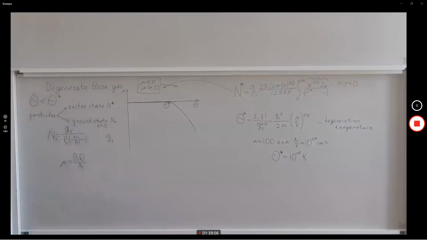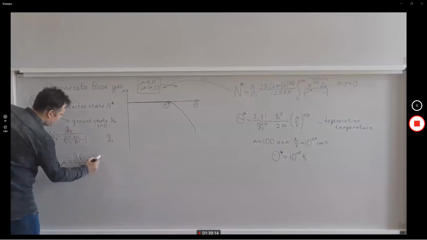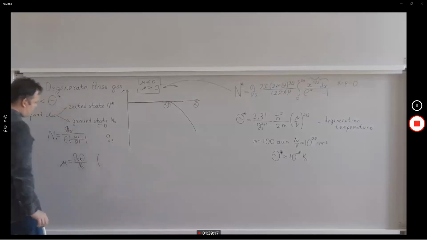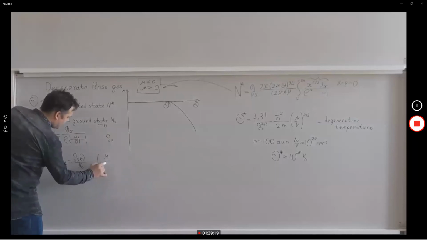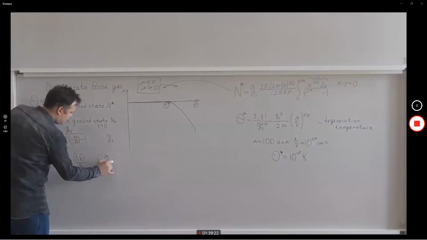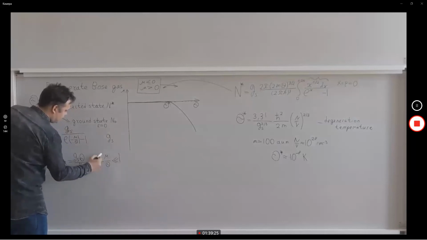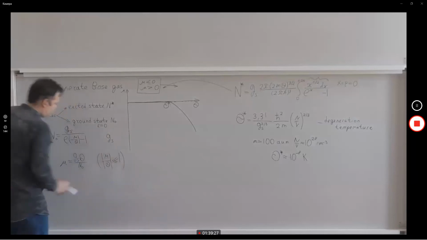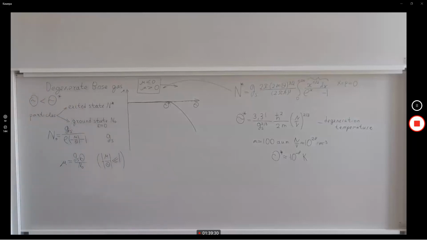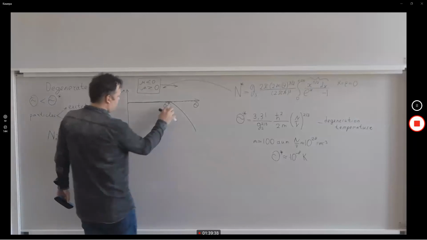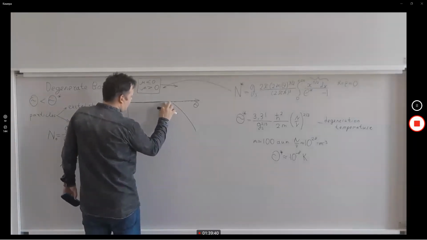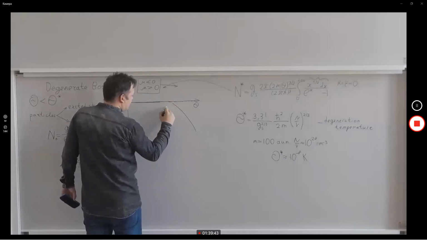In this relation. So, okay. And from here, I derive this formula. Please note that I used expansions in theta divided by theta asterisk, much less by absolute value than 1. Now I can determine the correct dependence of chemical potential on the temperature. Here, for temperature lower than theta asterisk,